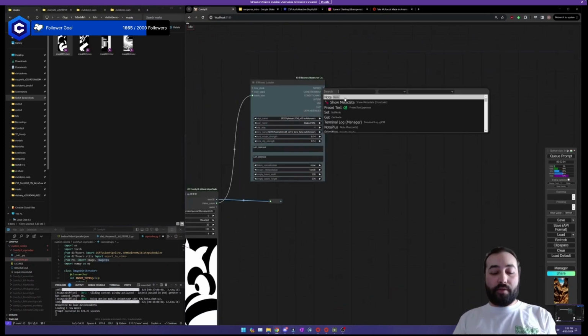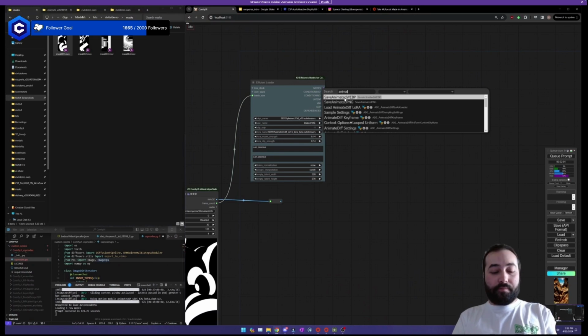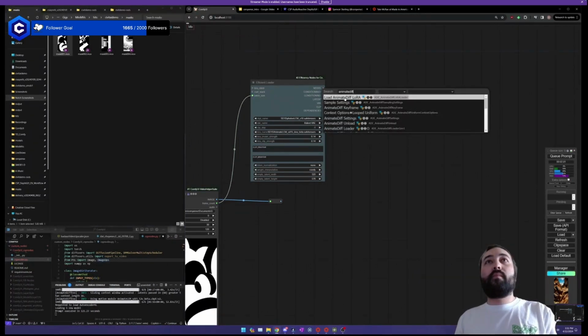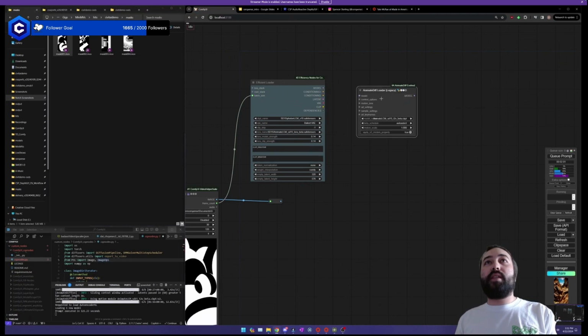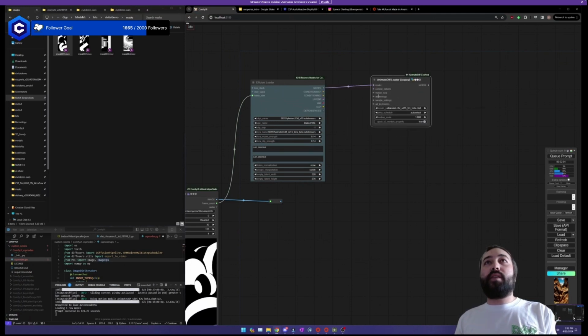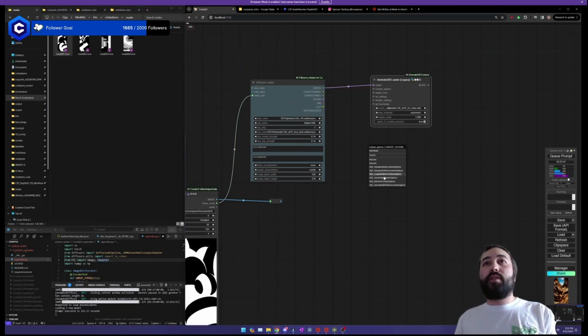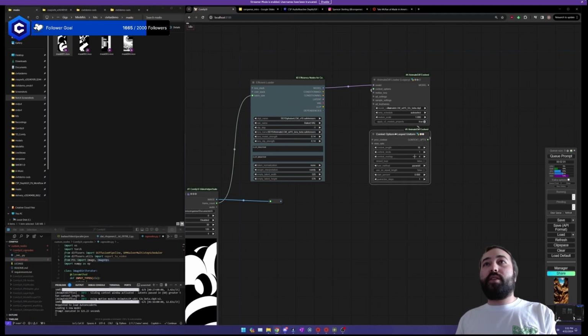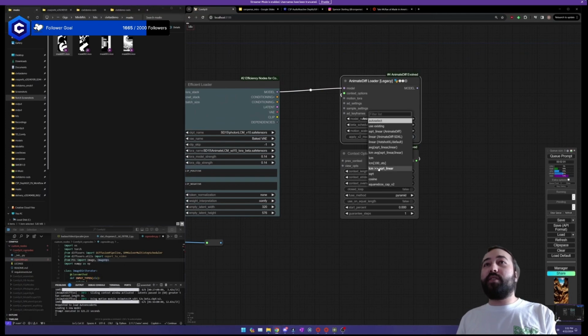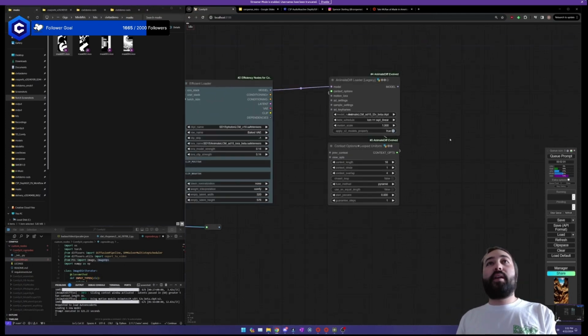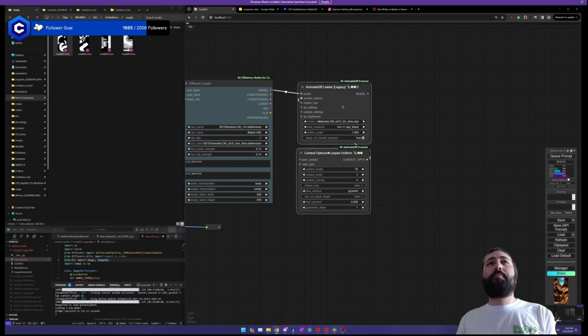So first off, we're going to need AnimateDiff. And I'm just going to use the legacy one, since it's going to be easy. Plug this into here. We're going to use looped uniform context options, pretty standard stuff. We have to change the beta schedule to LCM, one of the LCM ones. I like to use the square root linear one. And everything else can be the same.